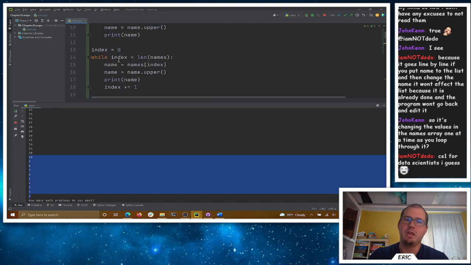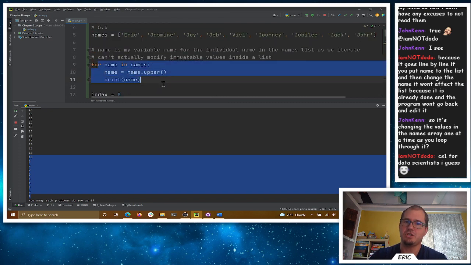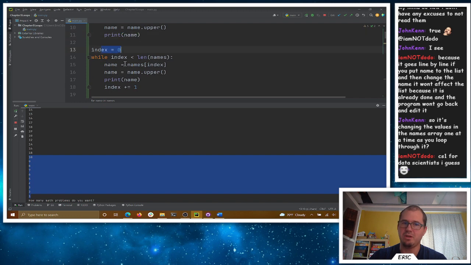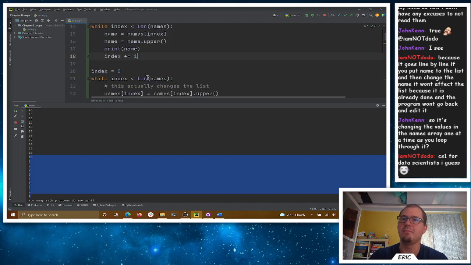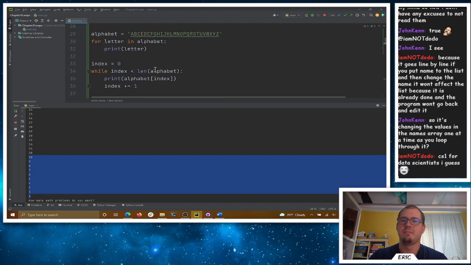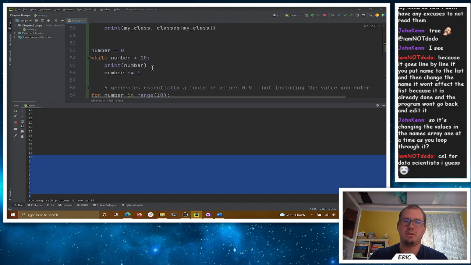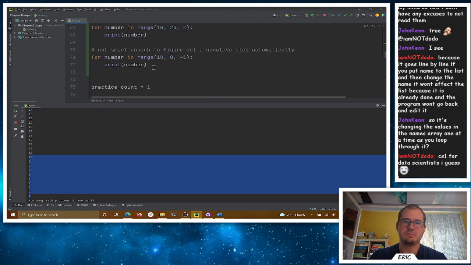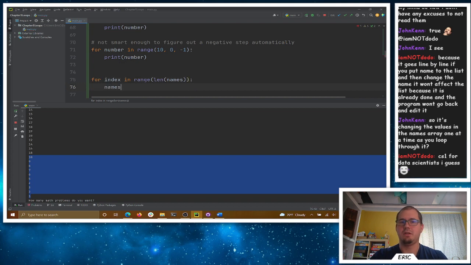Now the other cool thing we can do with this though, right, if you want to loop through a collection with a for loop because you don't want to have to type out index and manage increasing index every time, we can combine them. So I can say, we'll just do it down here, I guess. We can say for index in range of the length of names. Names at index is equal to names at index